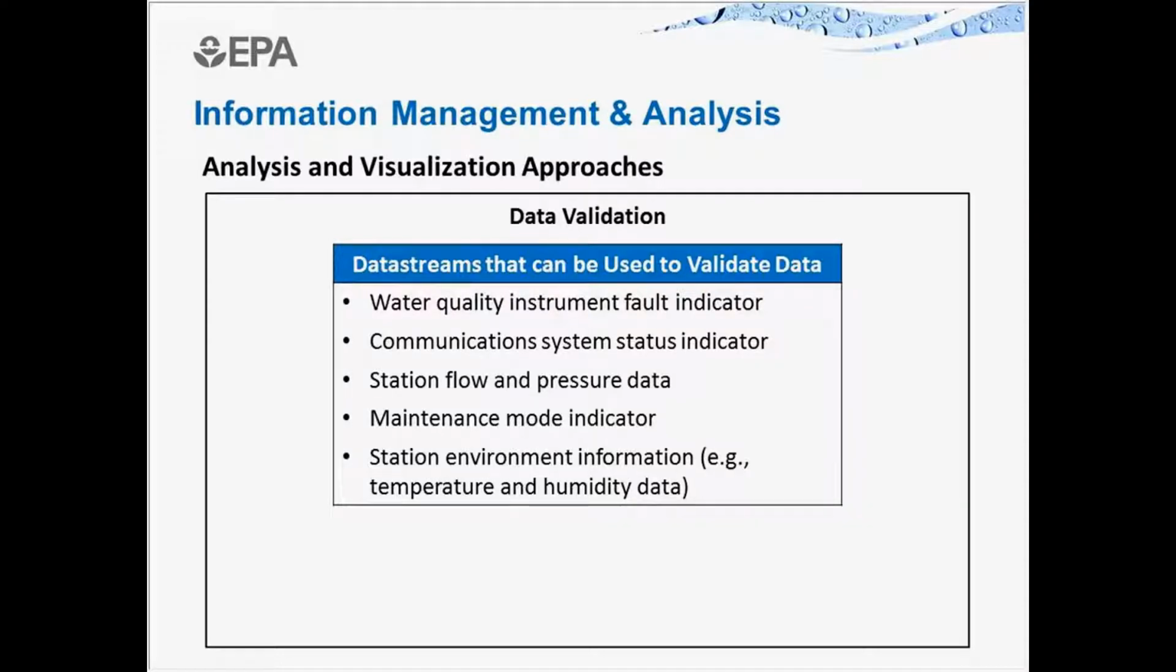The fourth design element for these types of systems is information management and analysis. And I'll cover a few different aspects of this design element in the next few screens. The first aspect I'll cover is data validation. And data validation